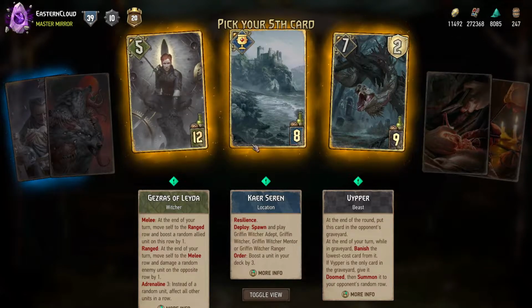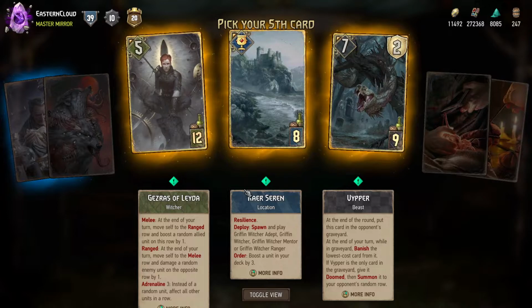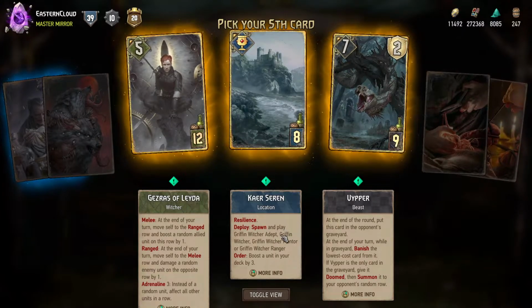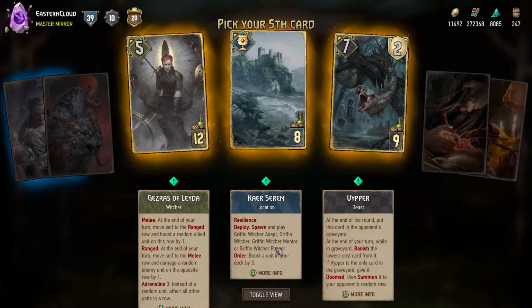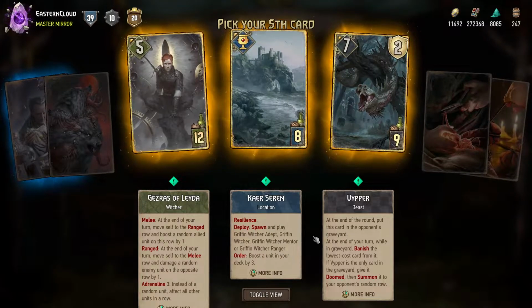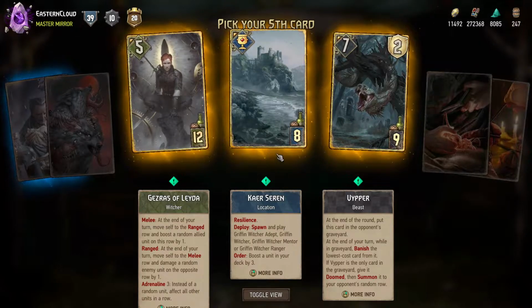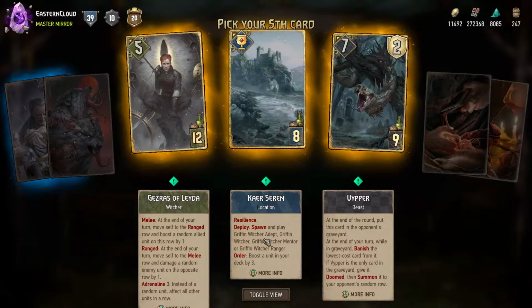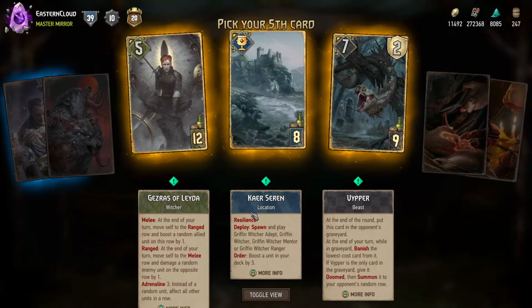And then locations, new cards, really cool stuff because of how they work. They have an order and they have a deploy. You play it on deploy. I think all of them you get to choose to play a Griffin Witcher Adept, Griffin Witcher Mentor, or a Griffin Witcher Ranger, and you play one of those. Then it has resilience, so what you can do is, either in this round or the following turn, boost the unit in your deck by 3. So in this case,